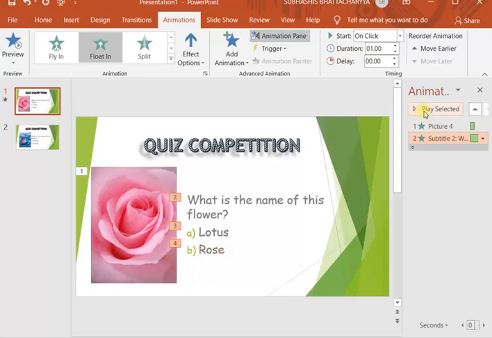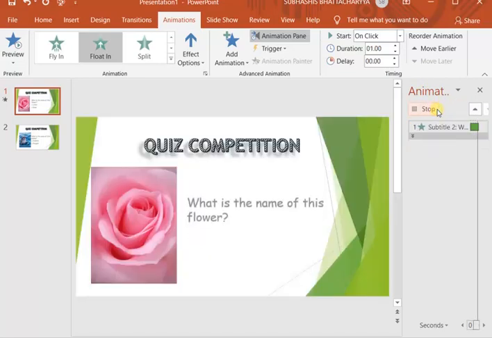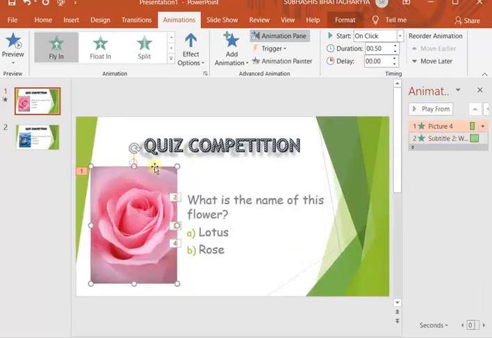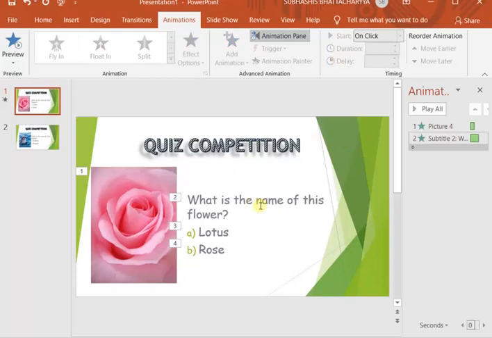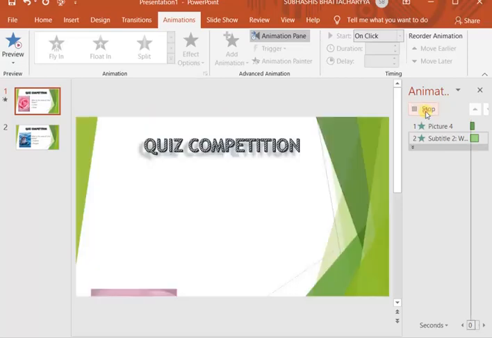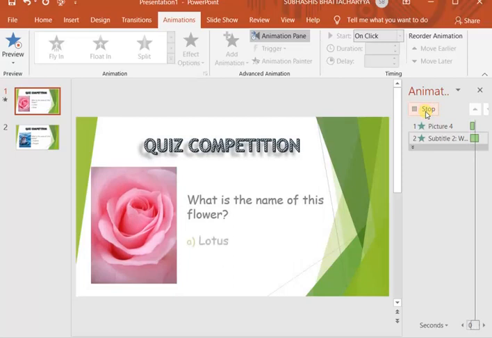You can preview it from the animation pane by clicking on the play selected button. But now if you want to take the preview of the full slide, then click on play all. It will show the animation of all the objects of this slide number 1.